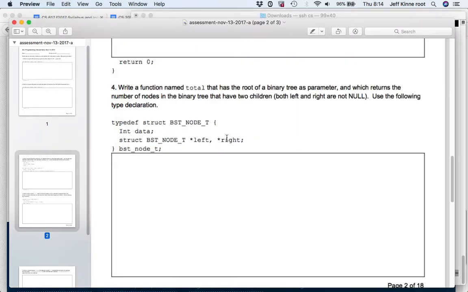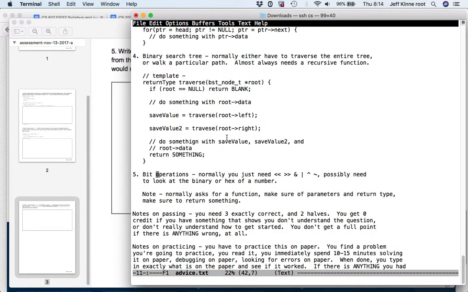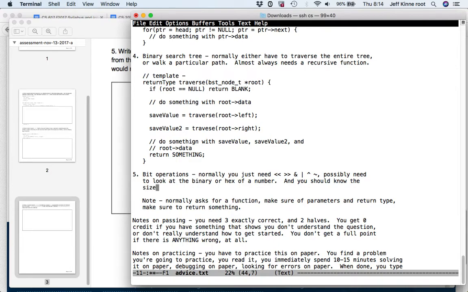Number 5 is typically bit operations, and you should have memorized all the bit operations that are possible, and you should know the size of numbers we see on our computer currently, 8 bits for char, and etc. So I'm not going to tell you all those. You can look those up or ask somebody. All right, so you're typically going to have to do some of this stuff to pull out some bits or do something with some bits. Sometimes you'll have to do a loop